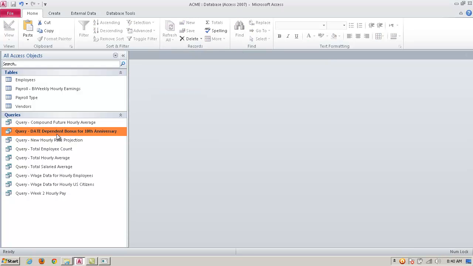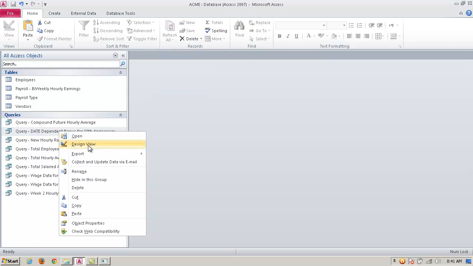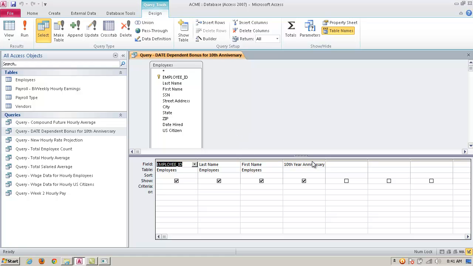Now let's say I want to go back and open this up in design view. Before I do this, let's say that I want to specify the number of days that they've been with the company. And I could basically take that same calculation right there and plug it in over here. And so I'm just going to say days with company,